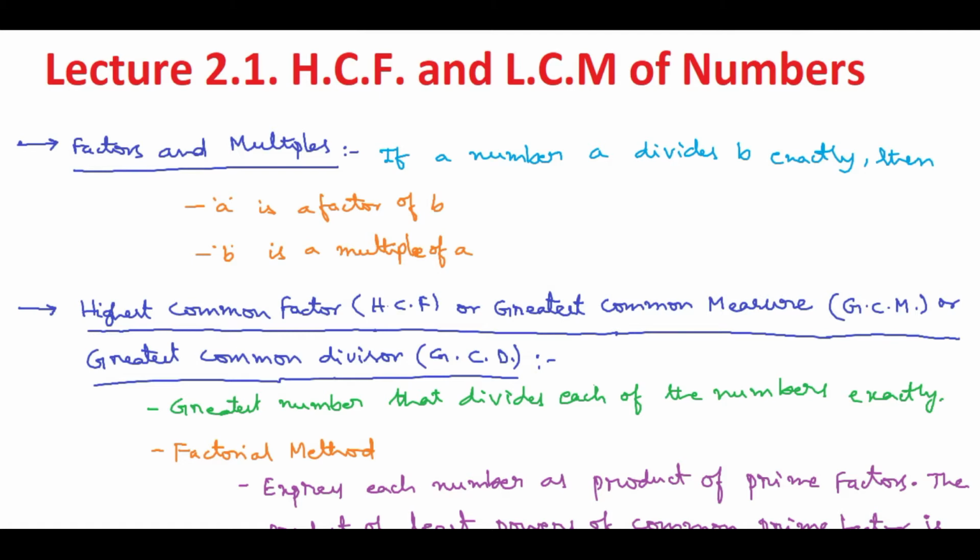It is a very small topic, so I like to combine both the theory part and the practical part, I mean the problematic part, together, so that it will be very easy for us to understand. So in this class I would like to cover both of them, theory and simultaneously problems also. Then it will be very easy for us.